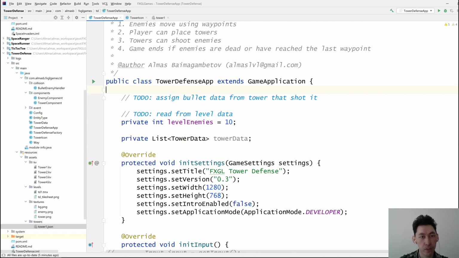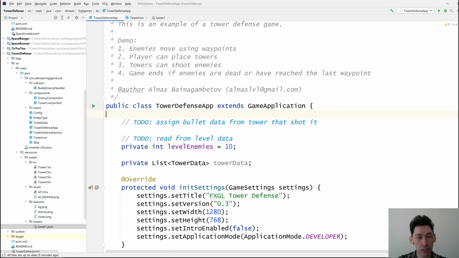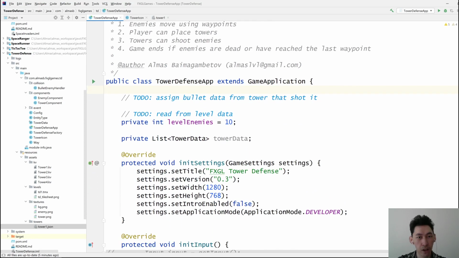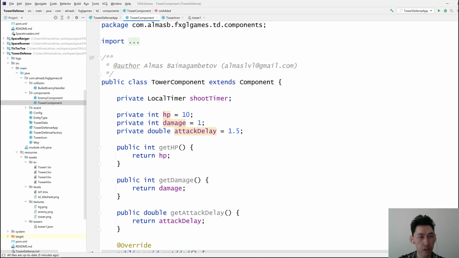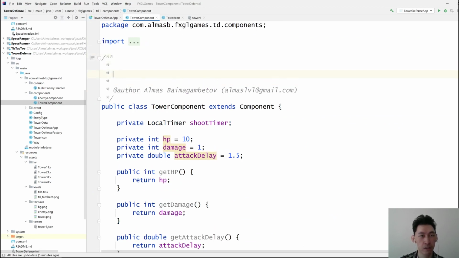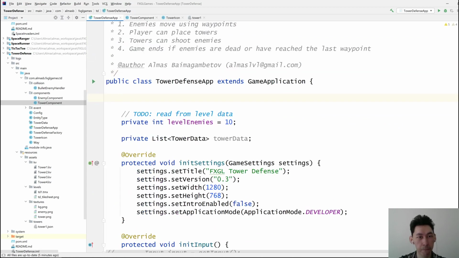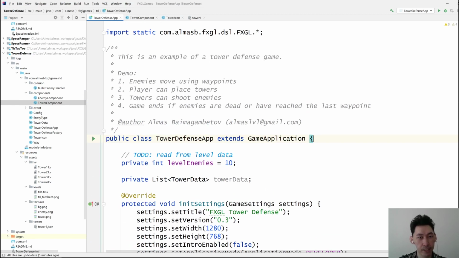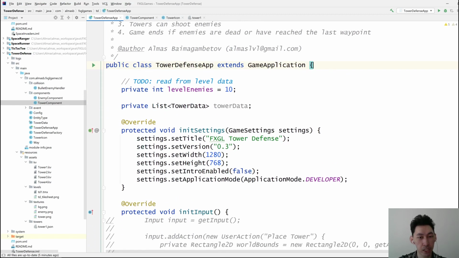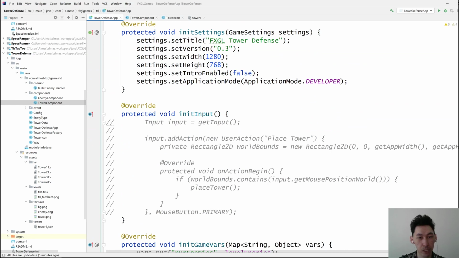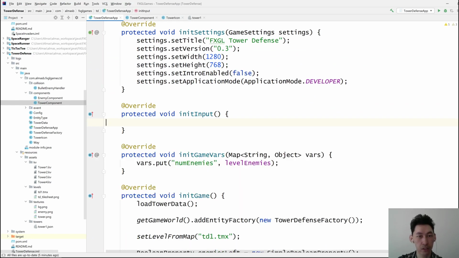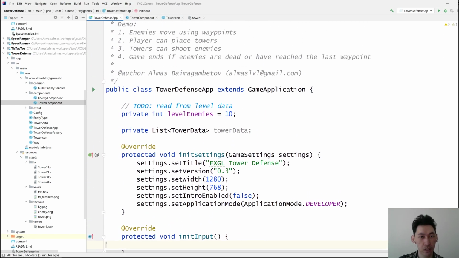That's done, so just get rid of that. Signboard data from the tower that shot it. Yeah, all of this stuff should go to some tower component possibly. Yeah, that looks a bit better. We don't need that anymore. Tower data,